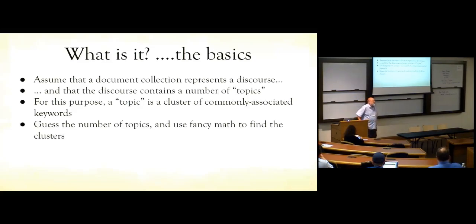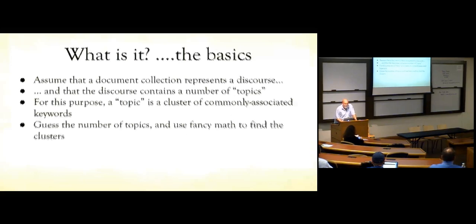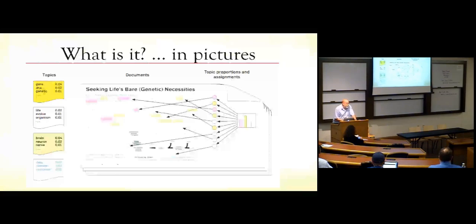In other words, it's statistical software saying, here are a bunch of words that are frequently found together in particular documents, and I, the machine learning algorithm, believe that this means that those documents are all actually about something, or more accurately, I can tell you statistically what the probability is that they are about the thing that this cluster of keywords represents. As a matter of practical use of the software, you then guess the number of topics you think are in there, and the software uses fancy math to find the clusters. There's a set of very simple, familiar activities that you can imagine kind of simulating what the software does.